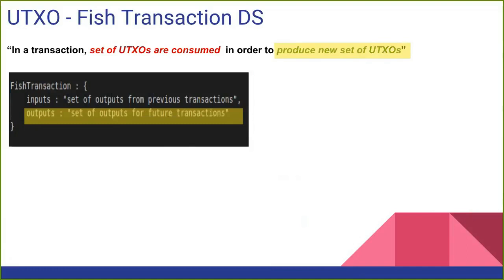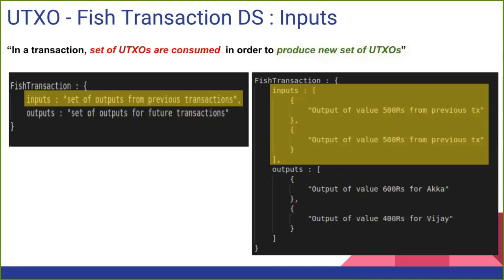Now let us try to expand it. Let us think more on it. Can I write it like this? Inputs are now two bills, 500 and 500. So now there are two objects. I can think of the input as an array, right? Because there could be multiple objects. So an input of value 500 and an input of value 500, because there were two bills.